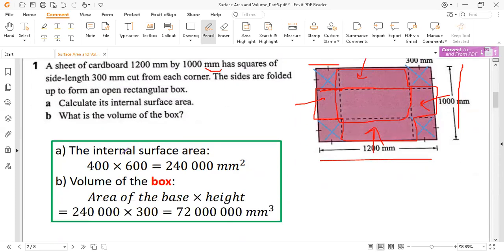We know that this length equals 1,200 minus 300 minus 300, so it is equal to 600 as the length, and the width of this rectangle equals 1,000 minus 300 minus 300, so it's 400. So it is equal to 400 by 600,